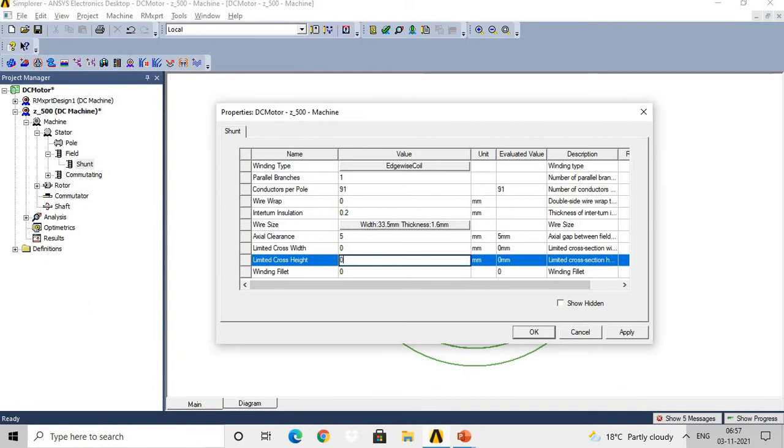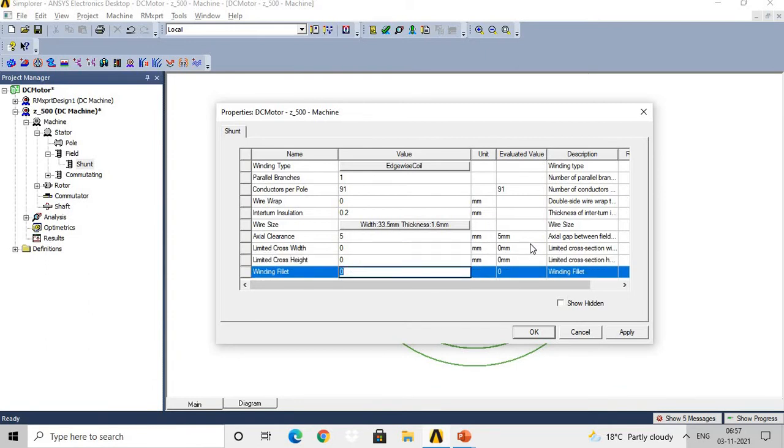So we have given the input here 0. You can change as per your design requirement or design inputs. Then winding fillet. So what is the meaning of it? That is limited cross section height for the winding design or arrangement. It is also 0 for maximum available area.